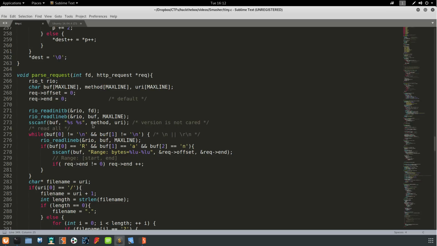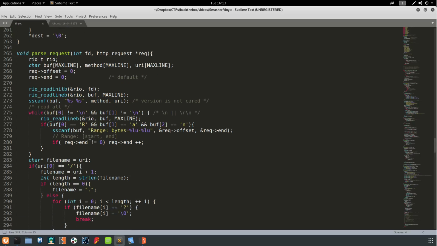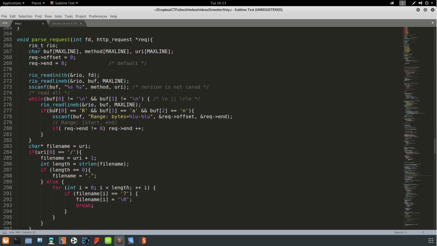Scanf, it looks like we're grabbing a couple of the things, but we apparently don't care about versions, so we're not populating that. We're populating method and URI, which again are buffers of up to 1024 bytes. Doing a read all where we read line, we're reading into buff, max line to 1024 again. If index 0 is equal to capital R, and index 1 is equal to A, and 2 is equal to N,